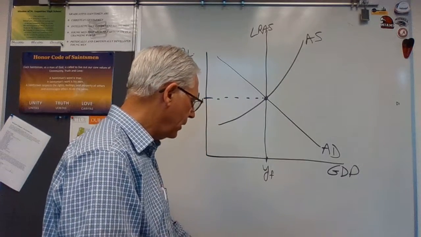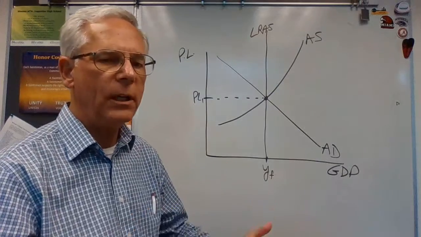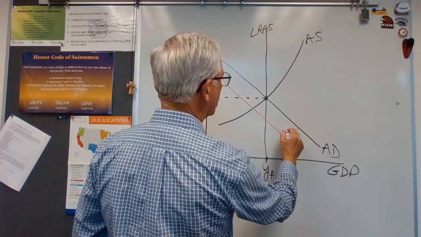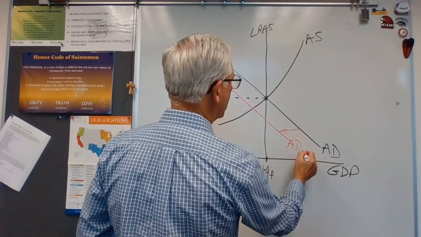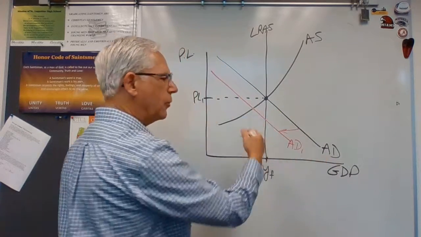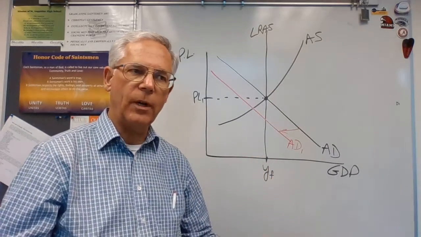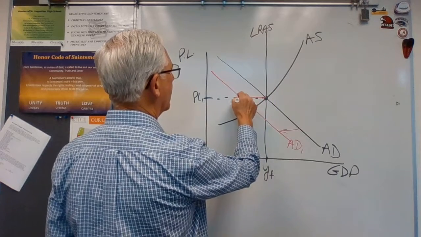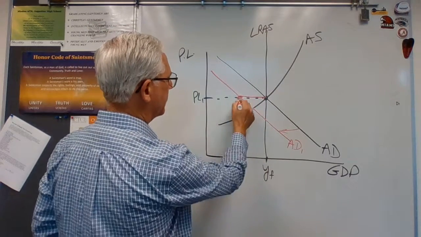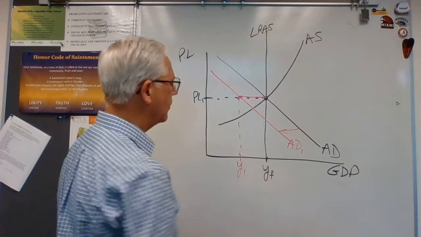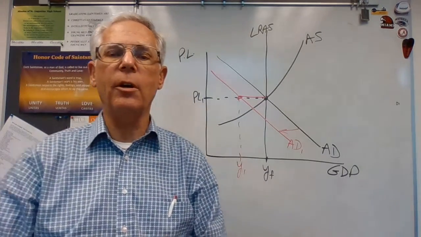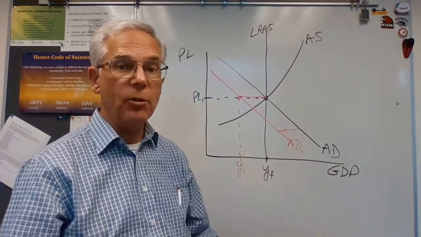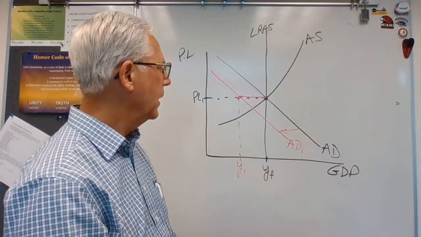All right, so if the economy goes into recession, we need expansionary fiscal policy. AD1 we'll call this. This is what's happening now with the coronavirus outbreak. Everyone's staying at home. We're going to wind up back here. We'll call that Y1. That'll be the recessionary level of output, possibly a hit of as much as $4 trillion to the U.S. economy here.